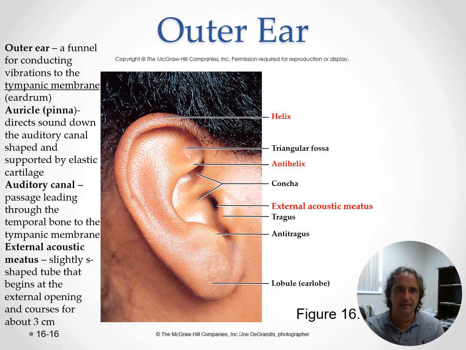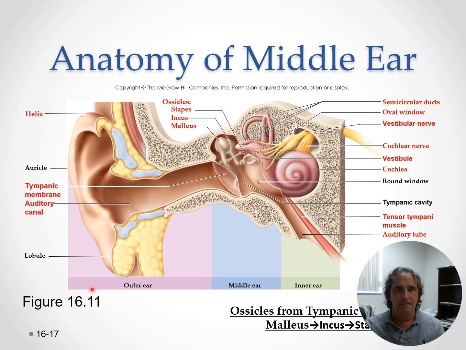Now let's take a closer look. So here's your helix. The antihelix is right there. You have the external acoustic meatus, which brings into the auditory tube. The lobule is down there, which I mentioned. Then you have the auditory tube bringing it into the tympanic membrane. You have the malleus, incus, and stapes, and then the stapes covers up the oval window. The oval window then sends the fluid and the pressure down the cochlea, which then takes it to the cochlear nerve. And then you have the 3 semicircular ducts, which then lead to the vestibule,